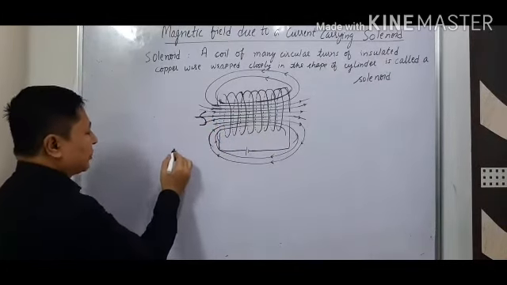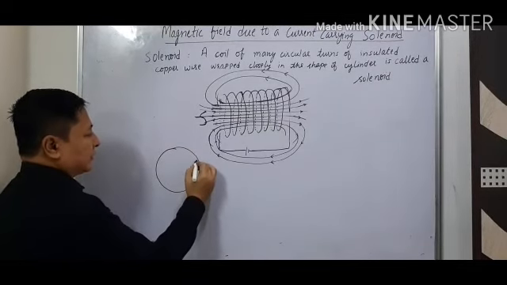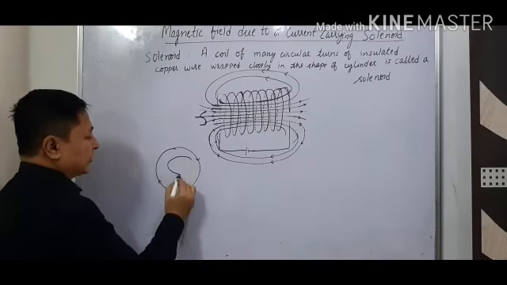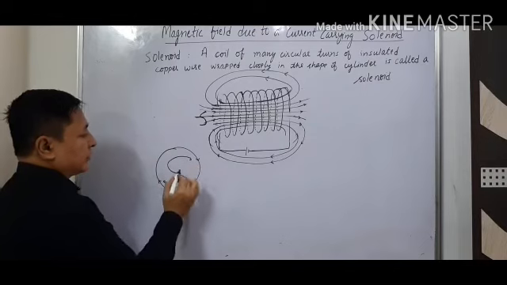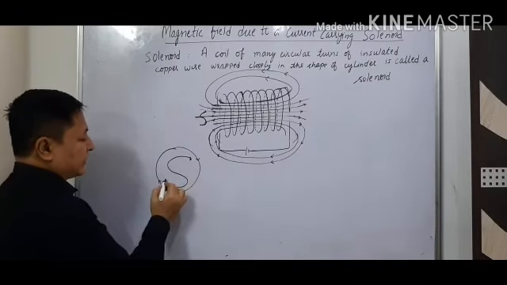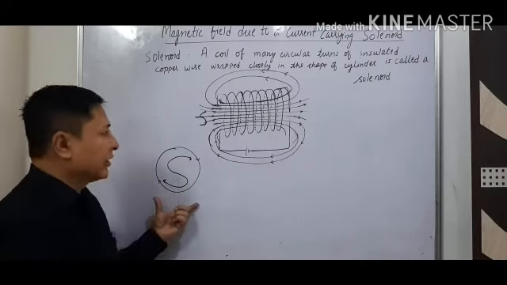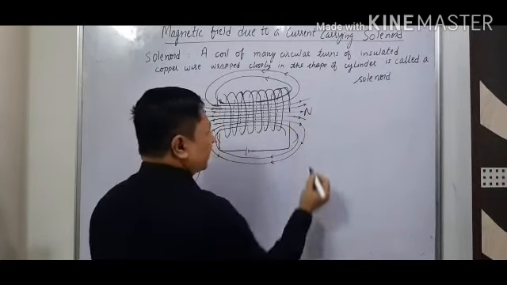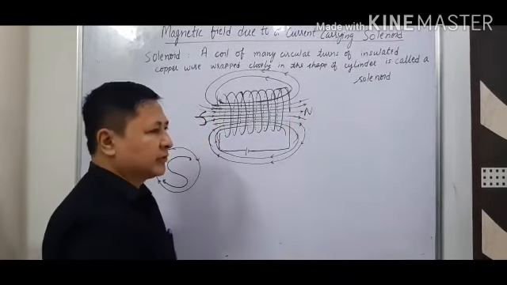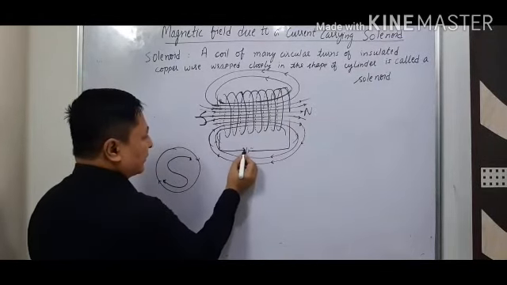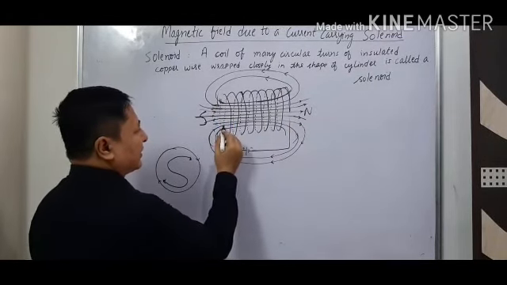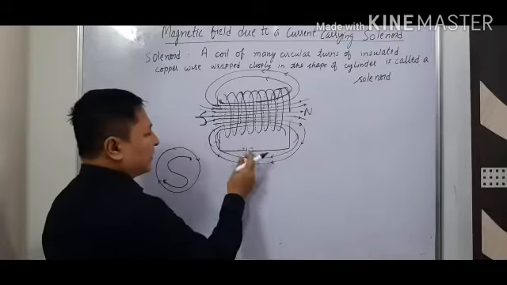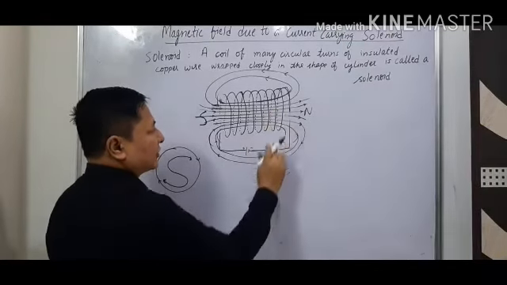We can learn it like this: the direction is clockwise, and the letter showing is S. So when the current enters clockwise, that pole is known as the south pole and the other pole will become the north pole. Here the current is entering from the back side, shown by the dotted line, and that is the south pole. Now if I reverse the direction of current,